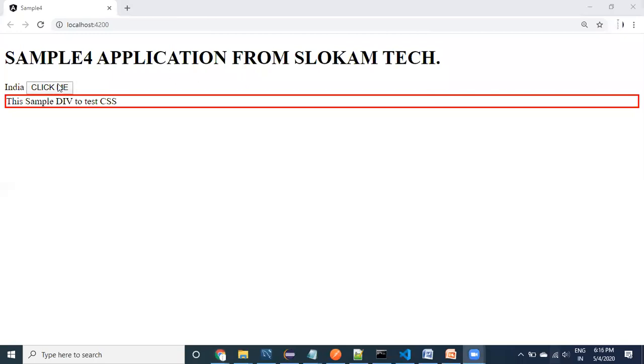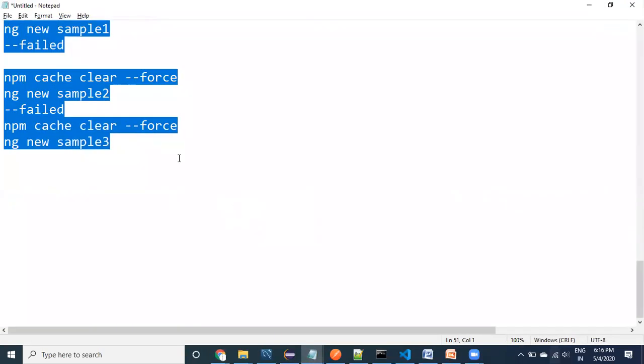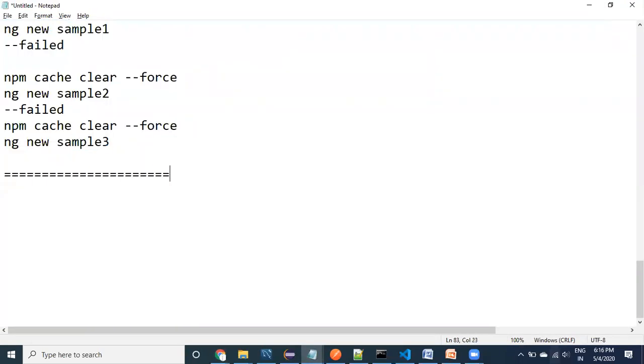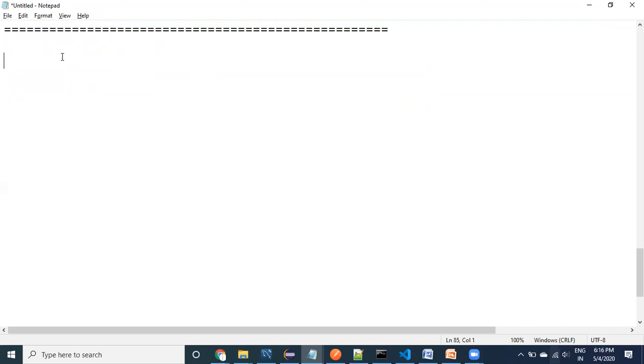Now I would like to give you more clarity on events. What are the different types of events? We have used the click event, and we have provided method one.